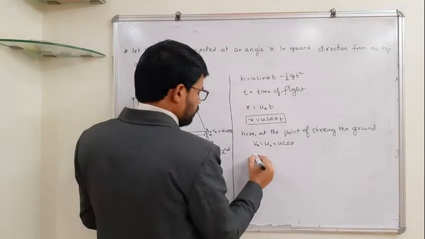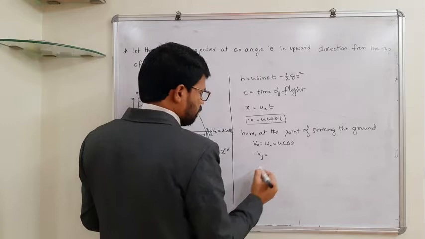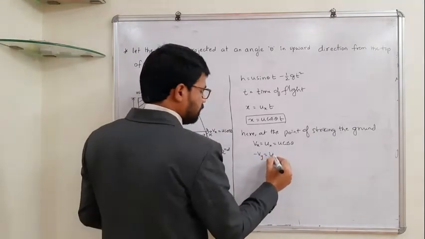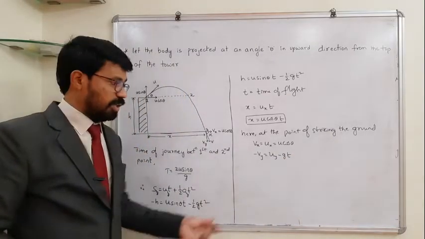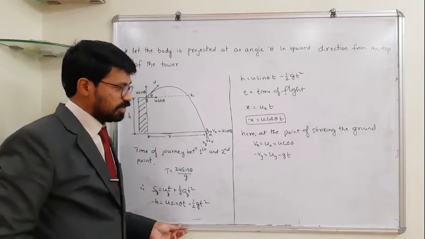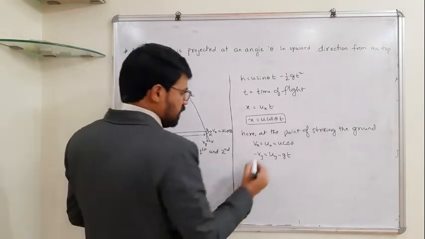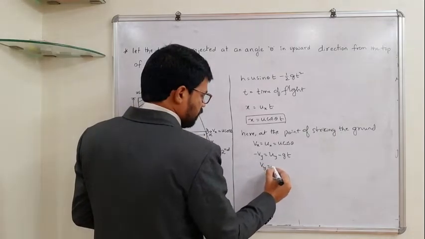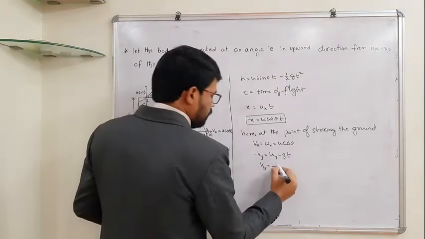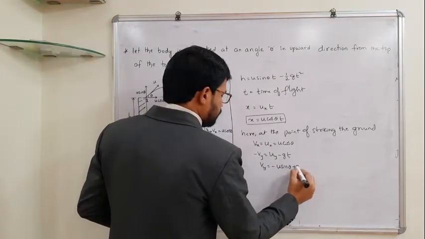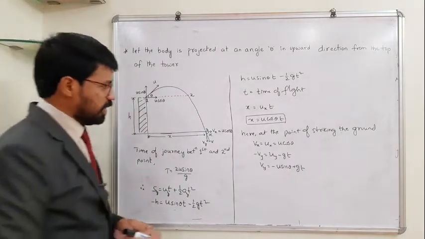What about vy? I'll write it like this: minus vy is equal to the initial velocity of projection in the upward direction, uy, minus gt, isn't it? It is projected in the upward direction. v is equal to u plus at, a is replaced with minus g. Now, vy is equal to minus, what is uy? uy is u sin theta. So vy is minus u sin theta plus gt, where t is time of flight, right?